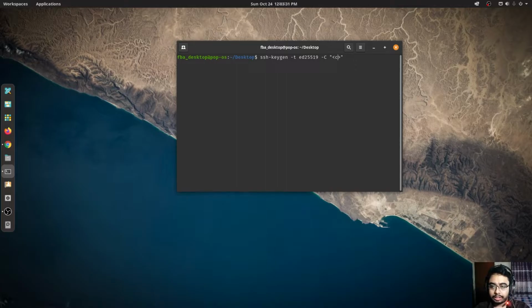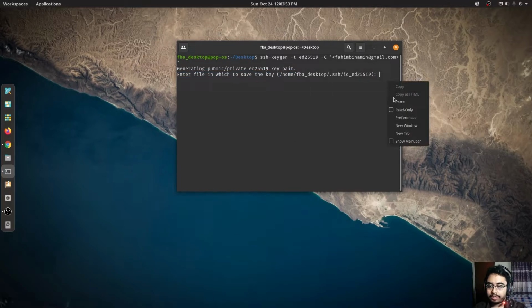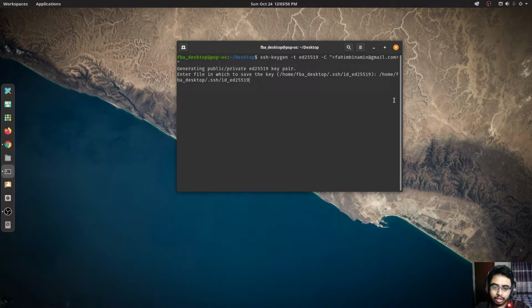In the comment section, I'm going to provide my email address. You need to provide the email address which you are using in your GitLab profile. Okay, after hitting enter, it's again asking where you want to save the SSH key file. So I'm going to simply copy this directory and paste it here. Don't press enter yet. Now we need to modify it a little bit, and simply change this to GitLab